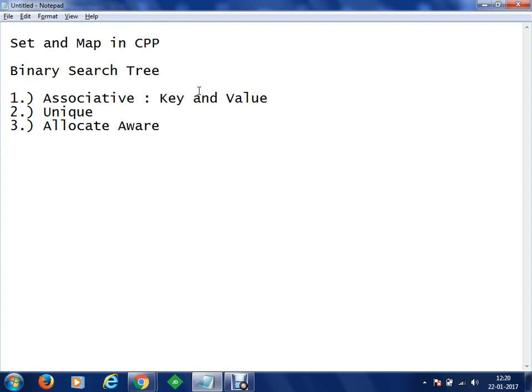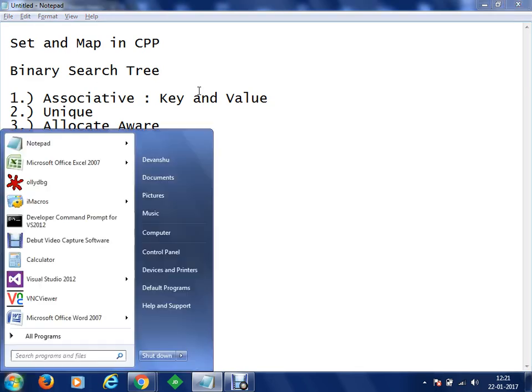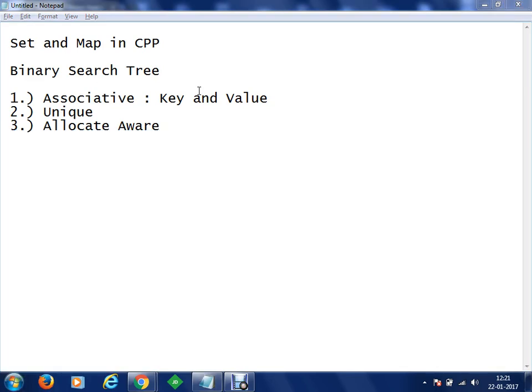So now, yes. When we talk about set, do we represent key, like do we have two terms, key and value, or we just have one term? We just have one term. Whenever you are going to insert one single value, that value will automatically become its key to identify the value. Okay. But in map, you have to specifically provide the key for a value. Yes. Now let's see. Let's get started with the program. So what we'll do, let's just write a simple program.